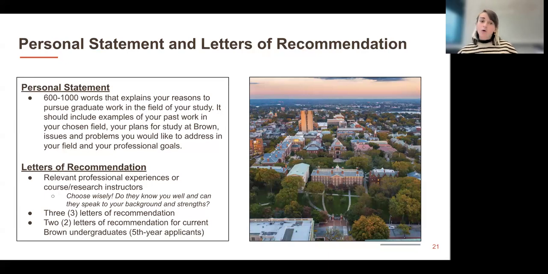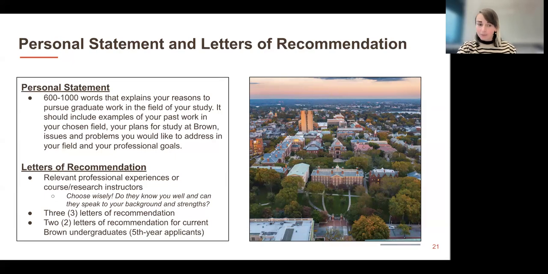As far as letters of recommendation go, typically our cohorts are usually students right out of undergraduate, which is great. A lot of their recommendations are typically going to come from professors, people that they worked with in research, so mostly from academia, but sometimes some applicants are coming in with a little bit of work experience, and that might be a more appropriate recommender based on when you graduated or depending on the job that you did. Our recruitment team here at the Masters and Professional Programs Division is hosting an application workshop that talks a little bit about asking for recommenders, who to go to, what looks better.